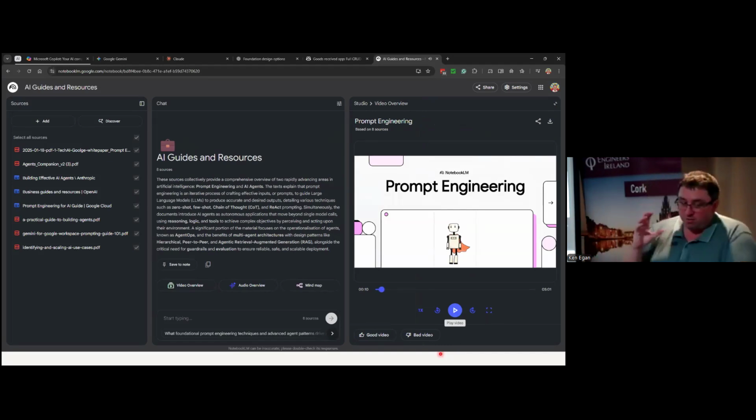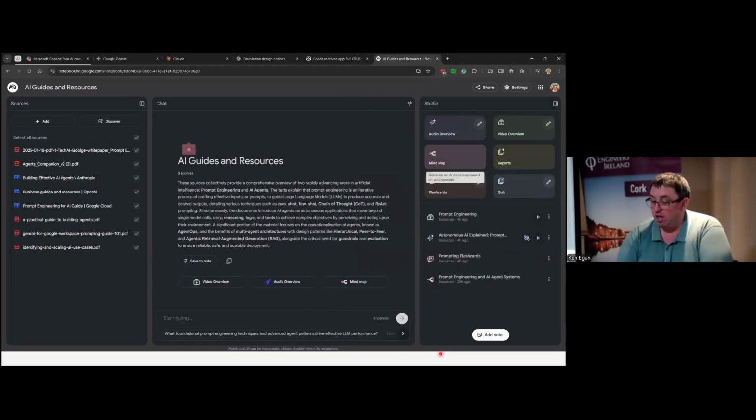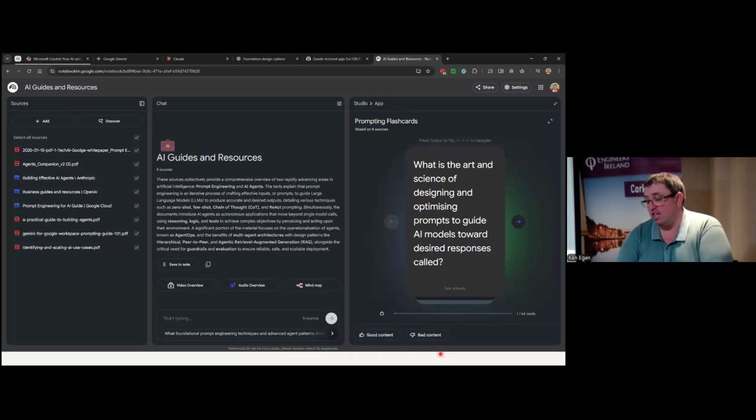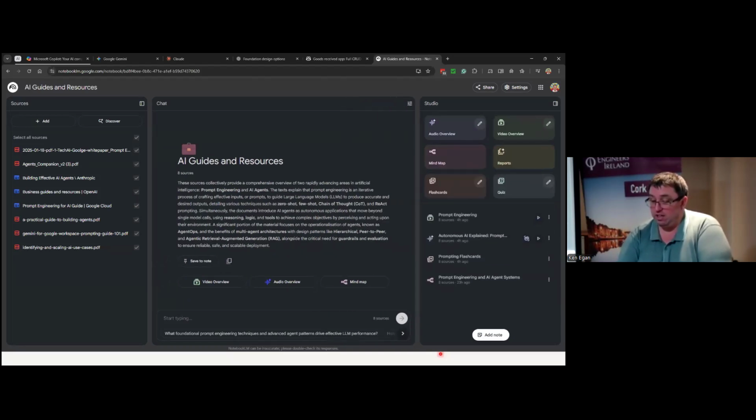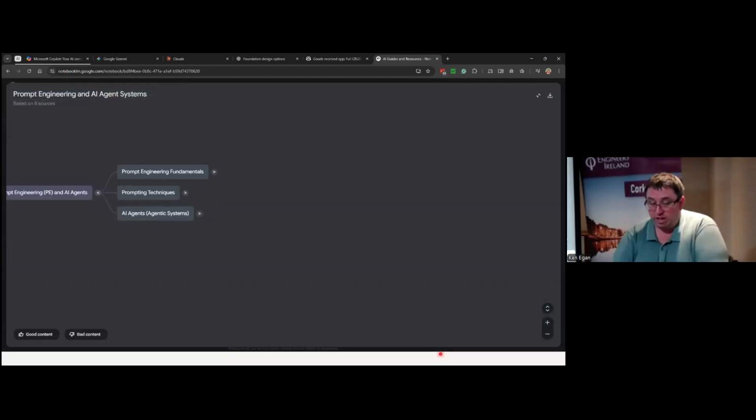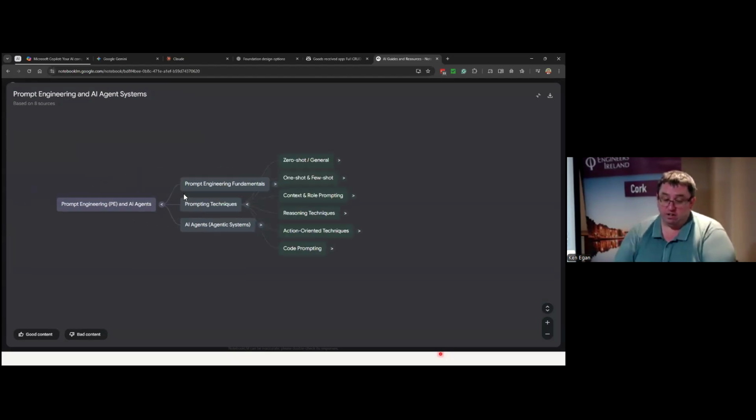All I did was input these documents or files I had downloaded for Gemini and the guide to AI agents and all that into this, and made use of Notebook LM Studio, and it has done this. It can do flashcards for you, which is handy if you're trying to study, and questions and all that. It can do flashcards, quizzes, reports, mind maps. Mind maps are always handy when you're trying to do things. You just click on it, it goes away, generates these, and then you can use it to drill in.